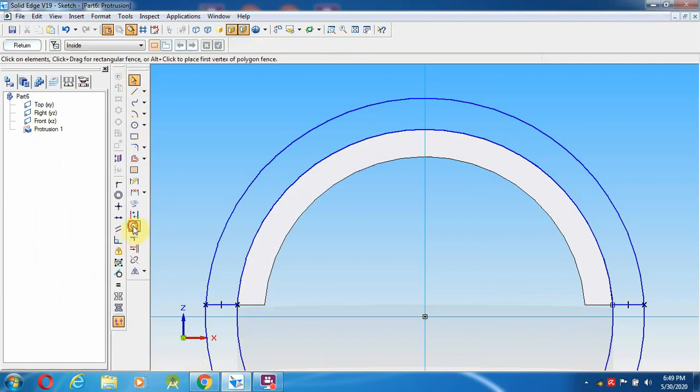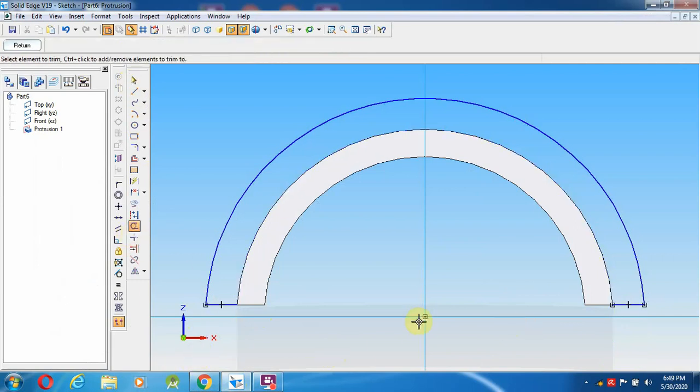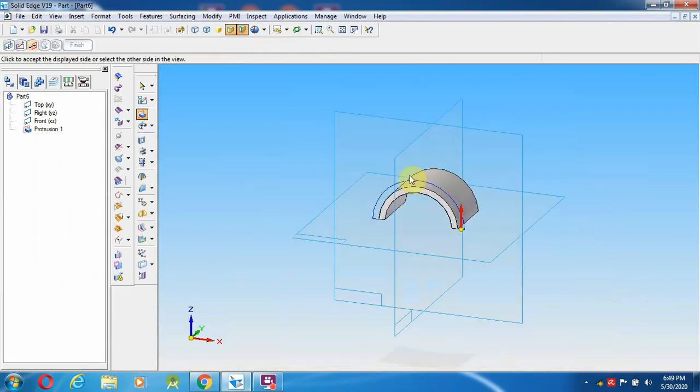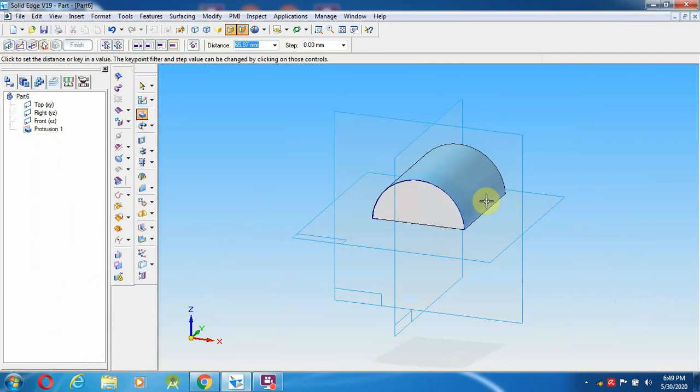Then trim. This has to be trimmed. Then return, so towards up and comes to here. So what happens? It will start to come fully.